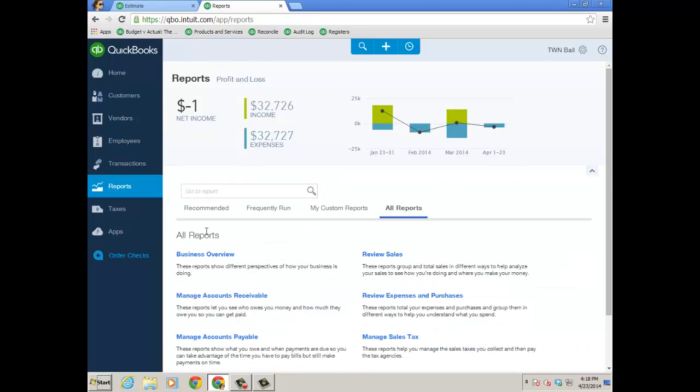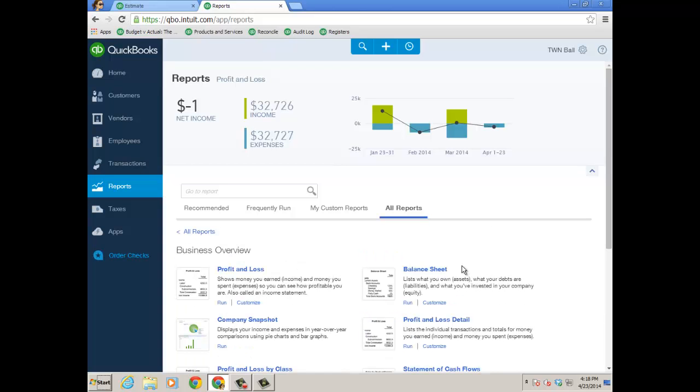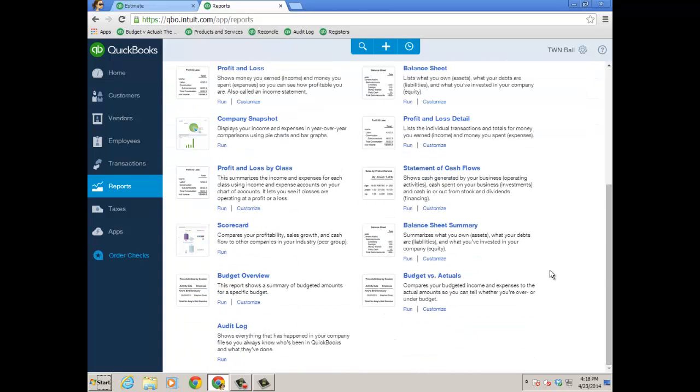I'm going to start out at all reports because that's where you guys will probably start. And business overview. And you're going to scroll down and you have two budget reports. There's the budget overview and the budgets versus actuals. This is what we're going to use. And by the way, all of this came from Stacy Kildall. It's her workaround she uses, and she has it on several blogs around town, if you will. But particularly for the Sleater blog, QuickBooks and Beyond, you can get screenshots and written steps on how to do